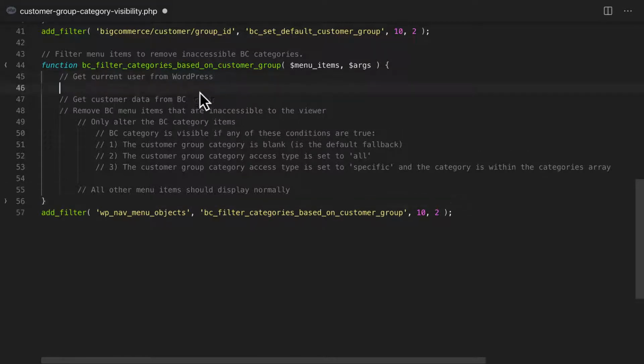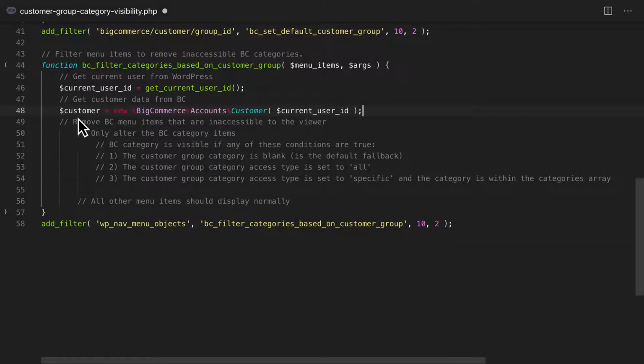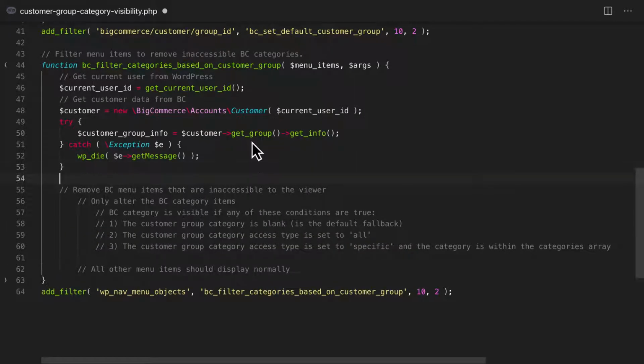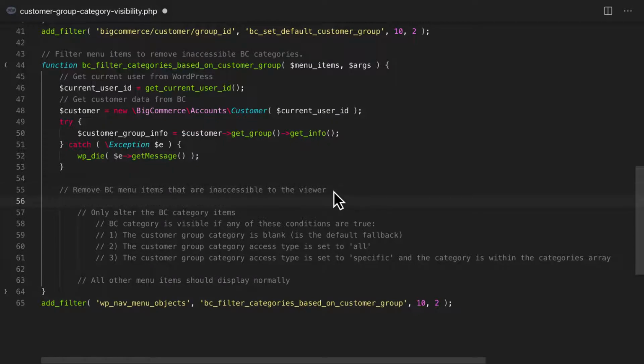WordPress makes this first part easy with the get_current_user_id helper function. We can use this to create a new customer object from the user ID and use that to try and get their group data. If anything goes wrong here, we can catch the error and display it on the site. Now we can dig into the meat of the function, removing any menu items that should be hidden to the